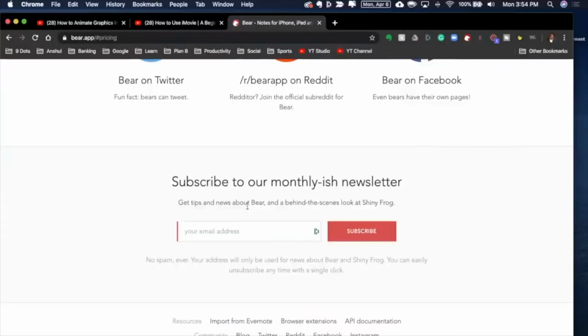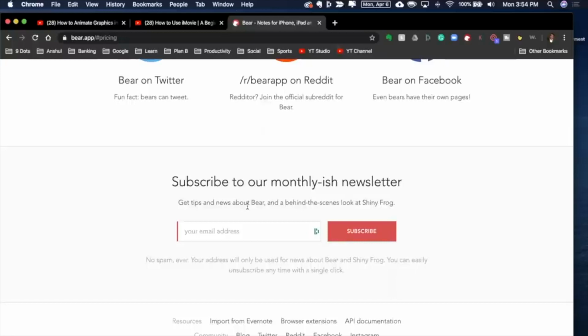One of the great functionalities which everyone is talking about in the note-taking app industry is that Bear app is extremely fast. Bear app might not have the best of the Clipper tools available like it is in Evernote, but it is super fast. And the amount of time which Bear app takes in clipping an image or clipping a text from the website to their app is very swift. So I've started liking it.